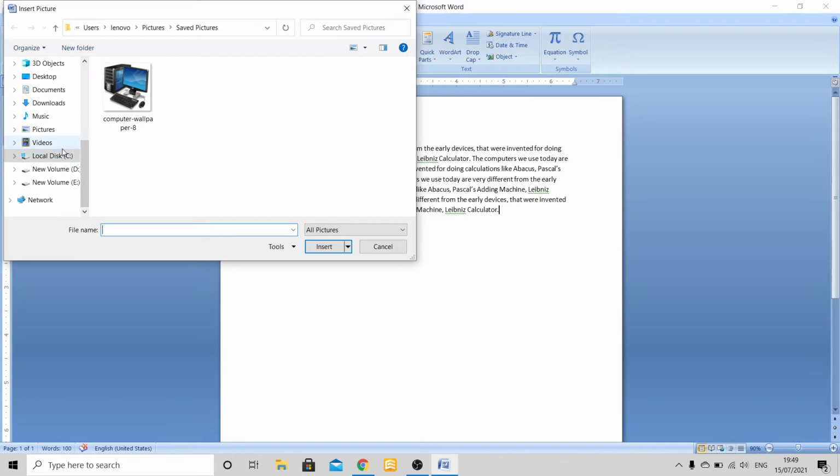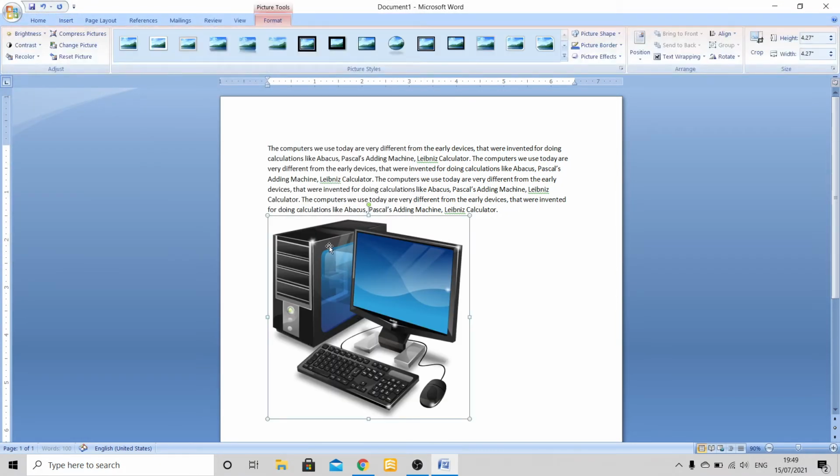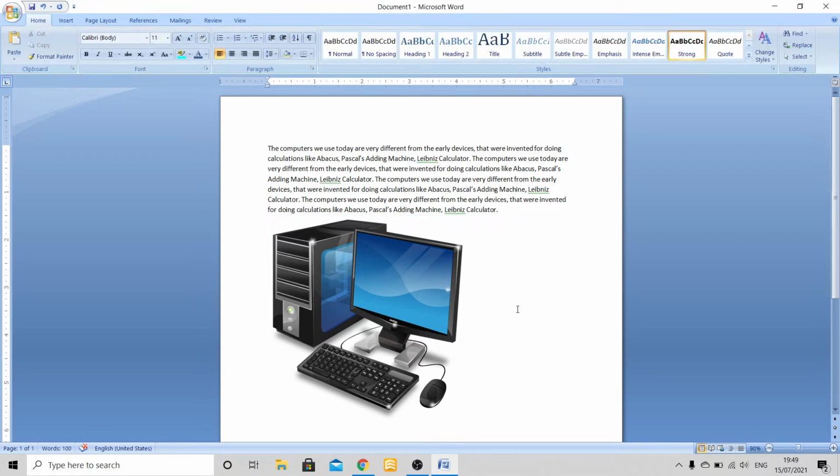I have stored my picture over here in saved pictures. I'll select this. Either I'll double click on this or I'll select it once and click on Insert. See, as soon as I click here, you are able to insert a picture. So this is the way you insert a picture.